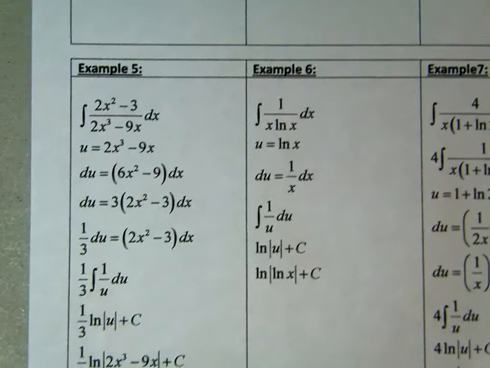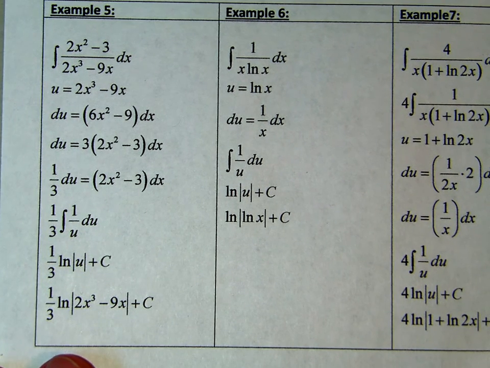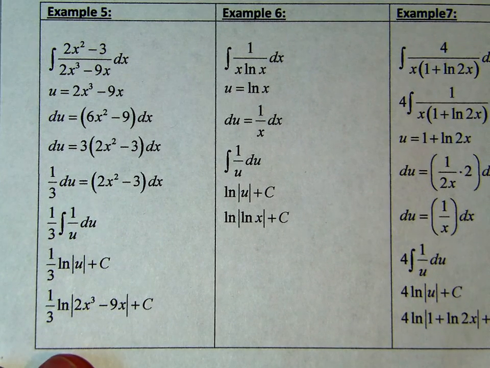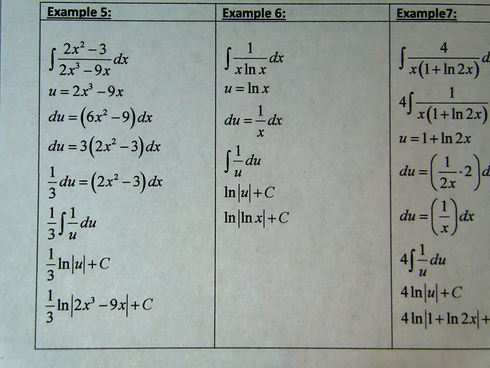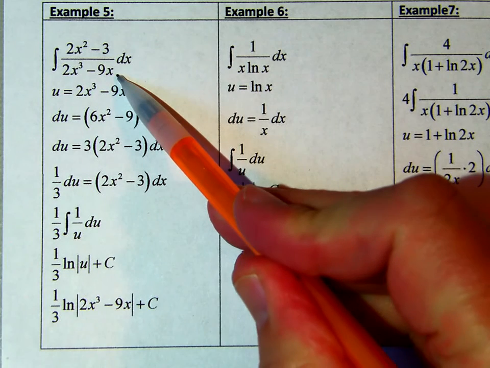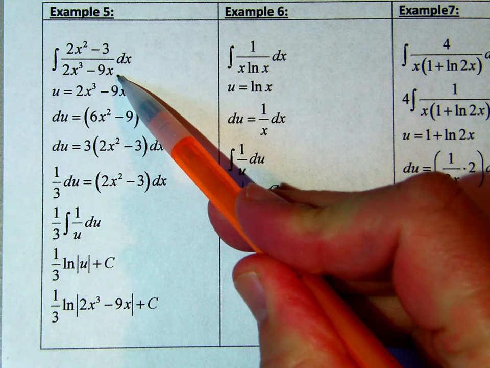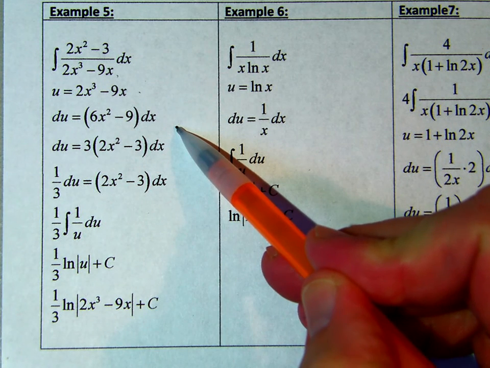All right, another thing that we saw in section 4.5 was that in order to get the constants to line up, sometimes you need to do a little bit of factoring. So, a common theme for examples 2, 3, and 4 was u was the denominator of the fraction. So if we stick with that as our thought process, and we make u be 2x to the third minus 9x,